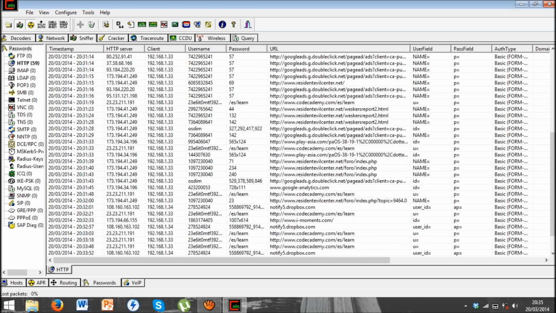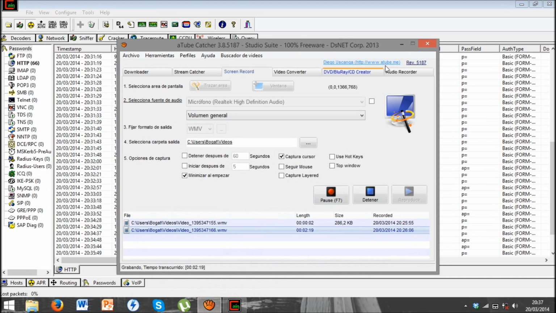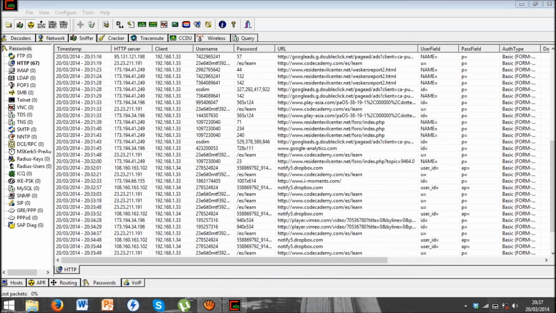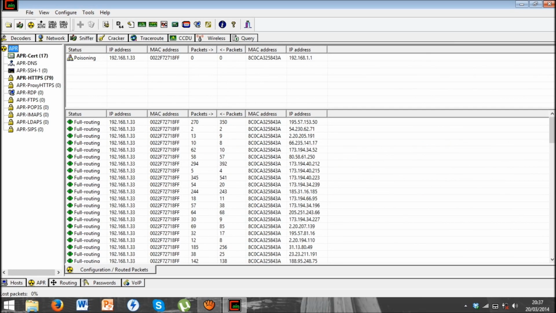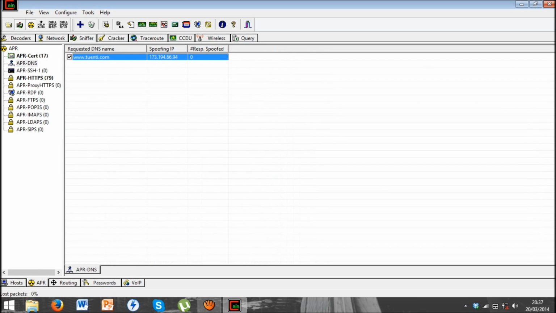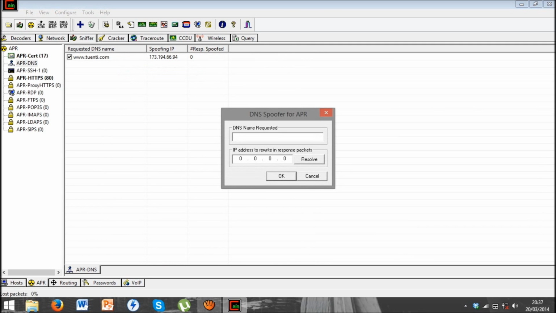The next step is to open the button APRDNS, the same way as on the screen. We are going to write the domains for which we want to change the IP address. One of these appears on our screen now, but we are going to show you how to do it. We must make a click with the right button of your mouse and select the option that appears on your screen. In the first line, we have to write the domain, and in the second one, the new IP address that we want it to have.